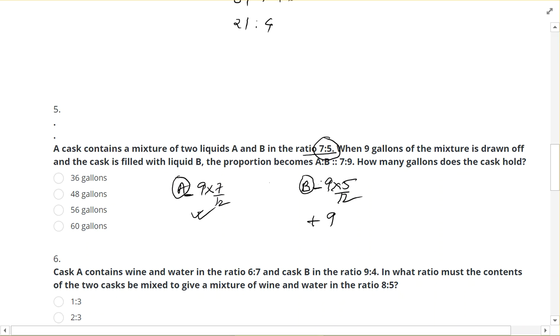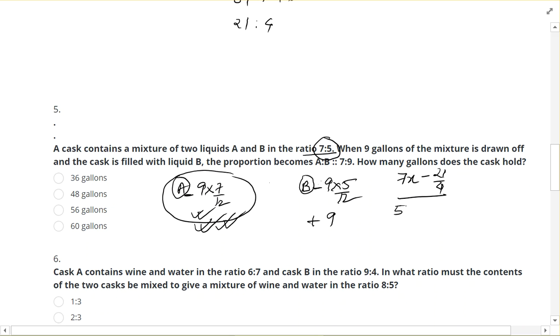Basically, if we don't want to do this hectic calculation, we just know that this amount of A is drawn off, and the cask is still filled, so obviously the quantity of B is increased by this amount only. So 7x minus 9 into 7 upon 12, that is 21 by 4,